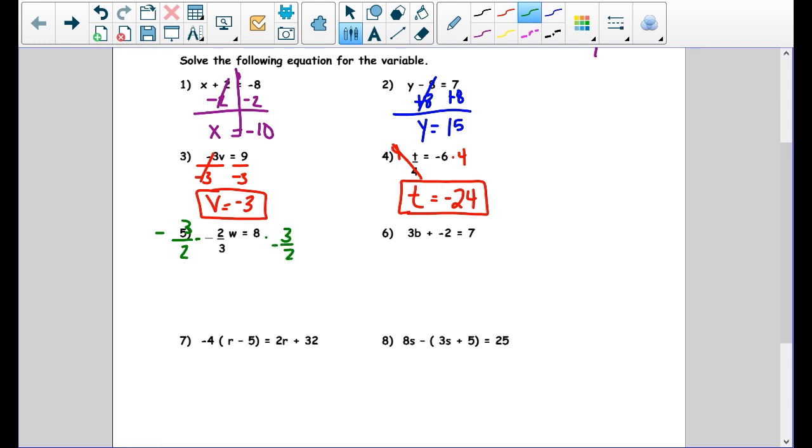Okay. Now, you can cancel top to bottom. So anything on top, 3 cancels with the 3. 2 cancels with 2. Negative and negative make positive, right? So it leaves me with just 1 again. Same thing here. If I want to, 8 divided by 2 is what? 4. So the 8 can turn into a 4. 2 is gone. 4 times 3 then is